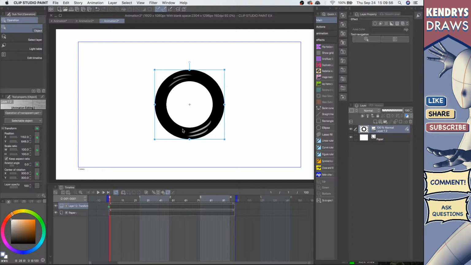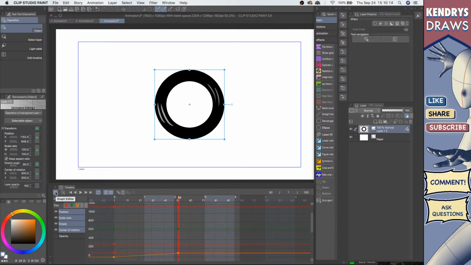So if you want to spin it a lot, actually, what you want to do is, let's say you spin it a little bit, just so you get a reference. So what you've got to do is go here. This is the graph editor. So this is a little bit